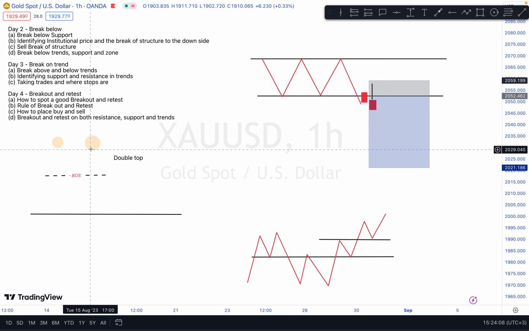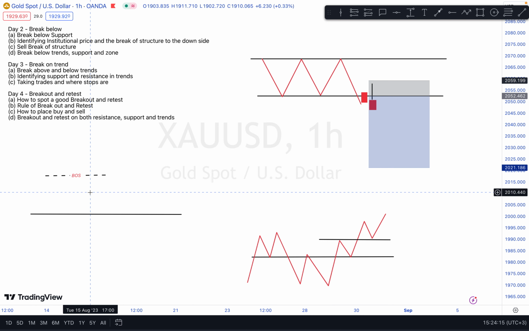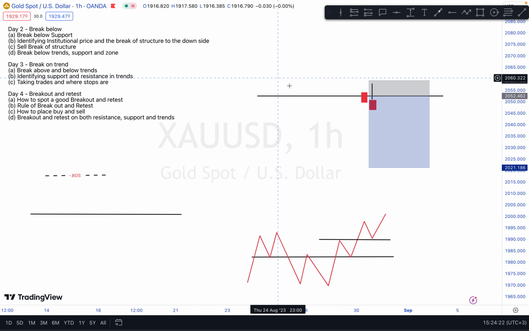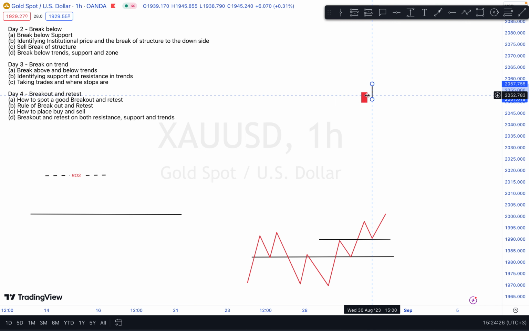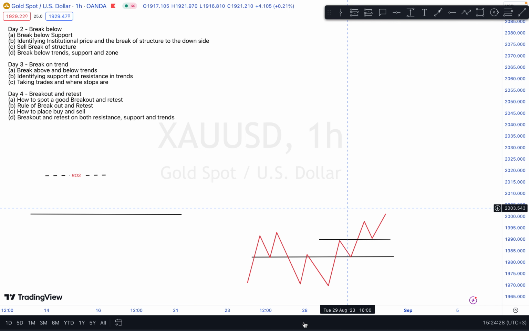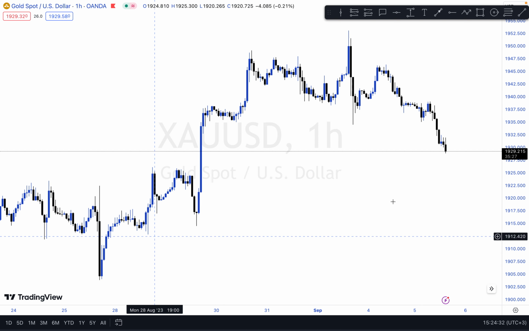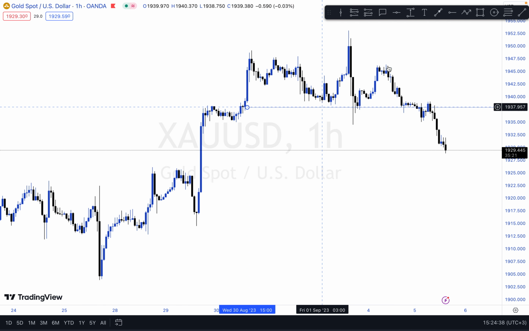Okay, let's go, guys. To start with the trend, both the uptrend and the downtrend, we're going to check it one after the other. That's why I kind of merged this class together, to make it easy to understand. But before then, let me give you two or three examples on the break below, just to make it easy for you. Even the present market price that we have right now, we have a break below, and a very great